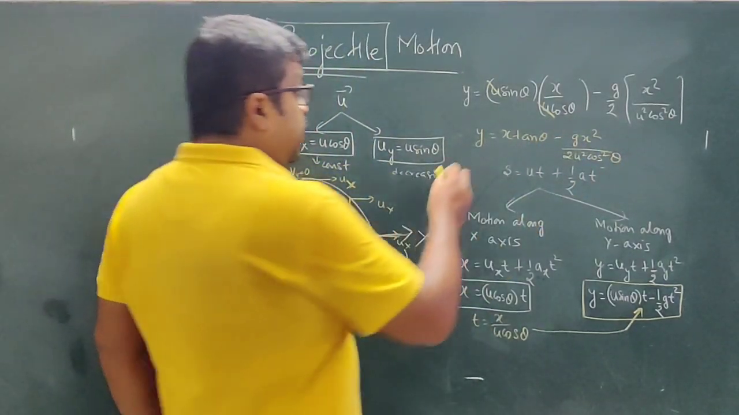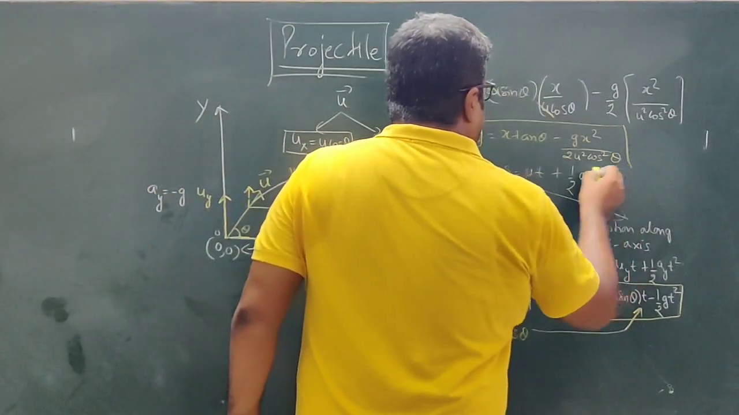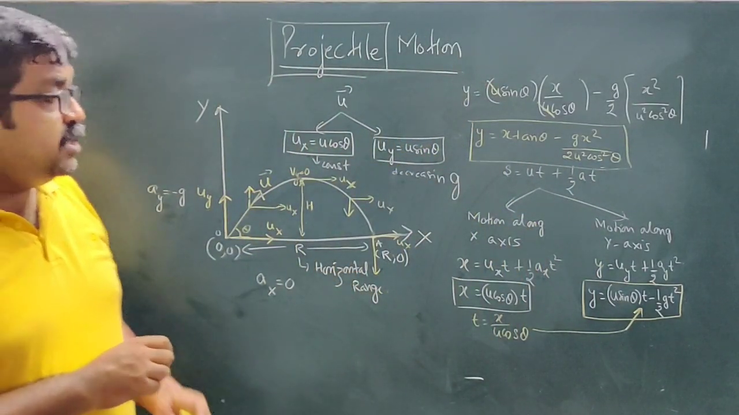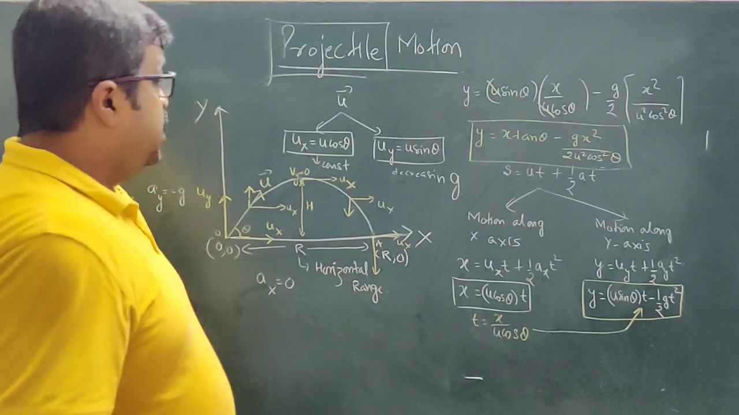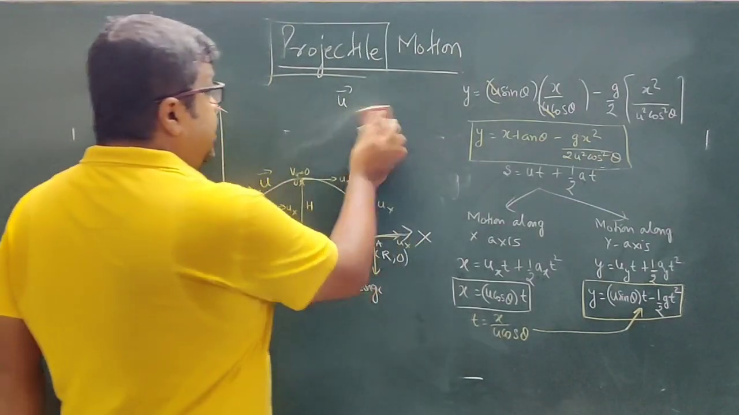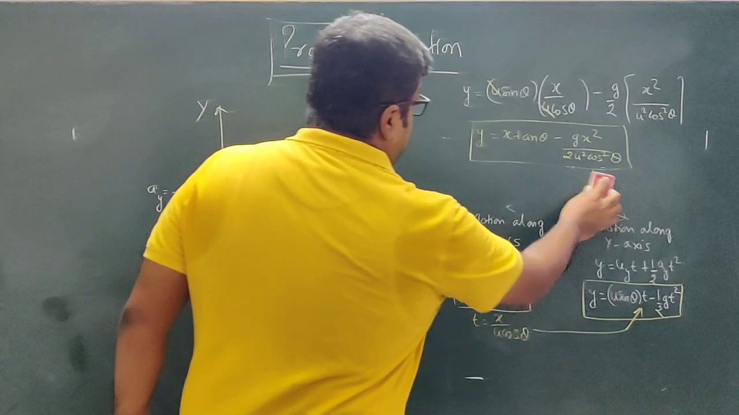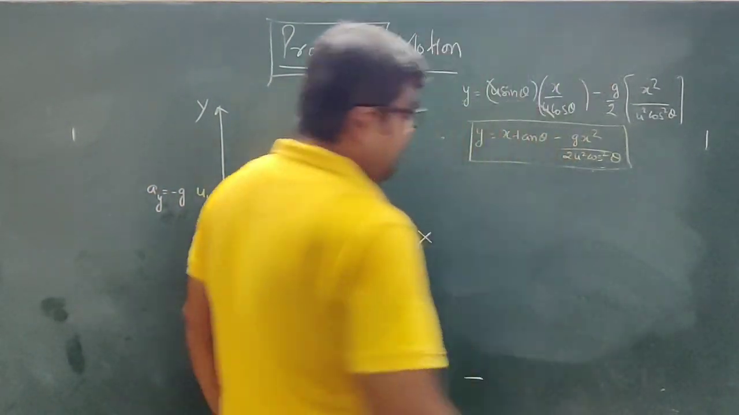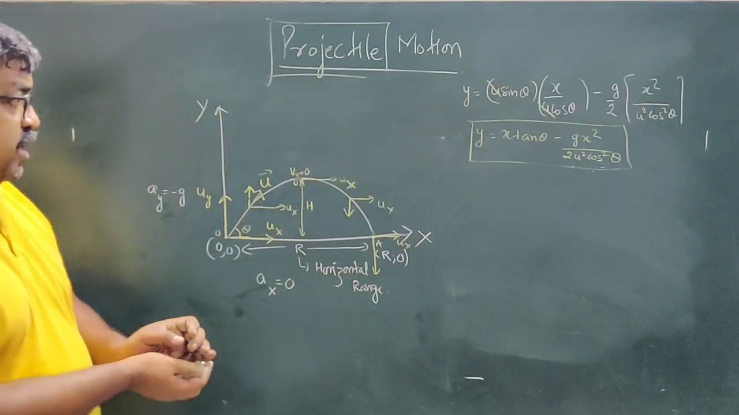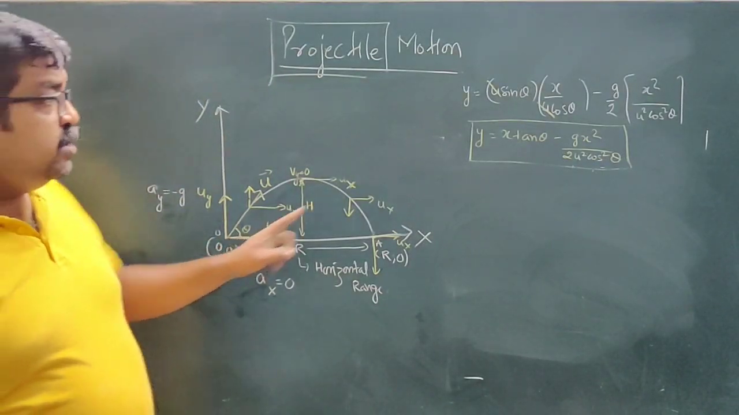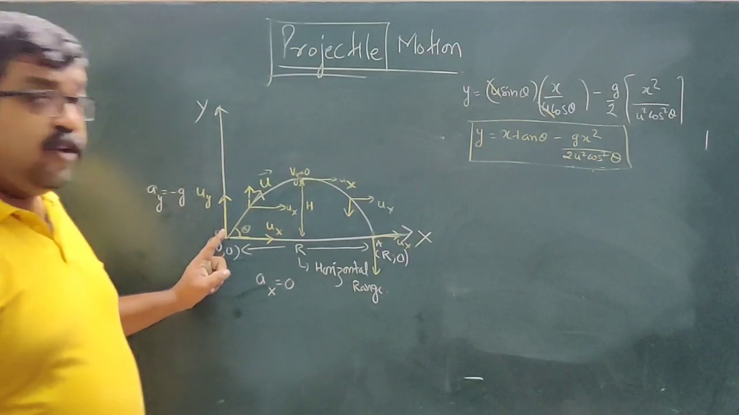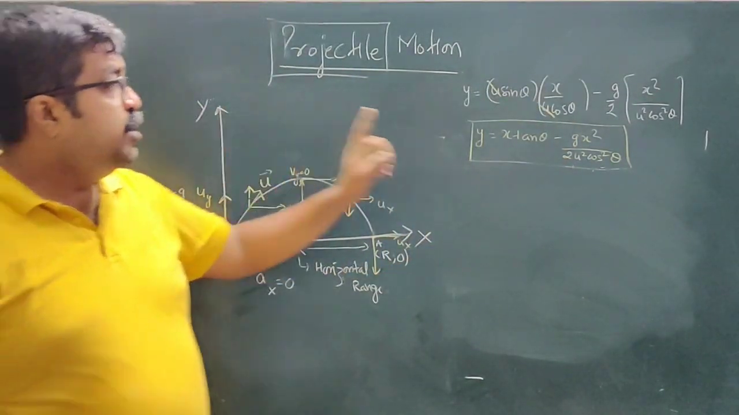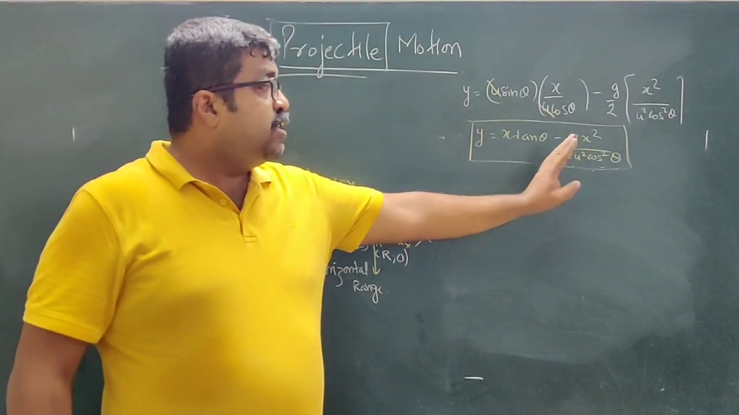Okay, I hope you are also getting it, and I believe you are also writing along with me. So this is an equation involving x and y. Here, see, what is theta? Theta is this angle. What is u? u is the velocity of projection. What is g? That is acceleration due to gravity. So if these values are substituted,